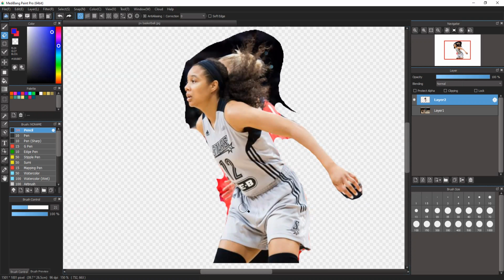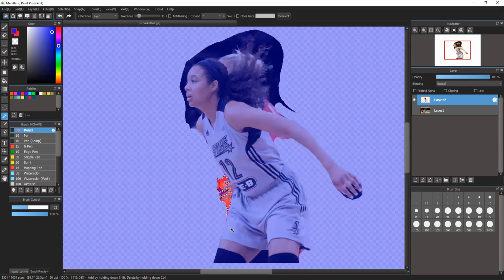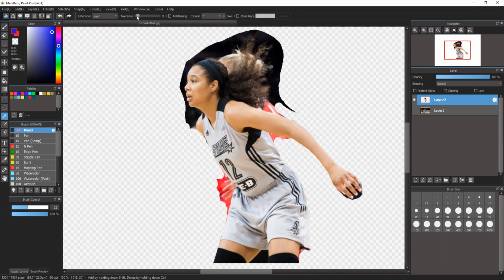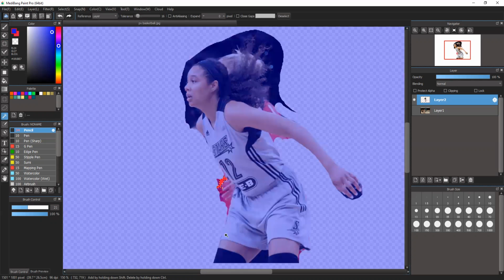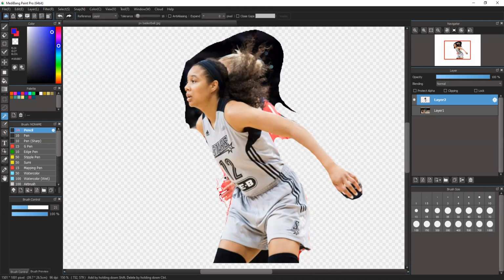You may be able to combine them like this though. So here's another technique you can apply. Okay, so I'm going to take the magic wand and do like a local selection here and see if I can't get that without getting her fingers picked. So I'm going to make the tolerance a little tighter and come in here and just grab bits and pieces, hitting the delete button each time and see if I can't just pick out this stuff from around her hand,